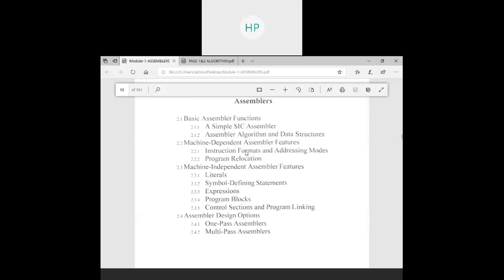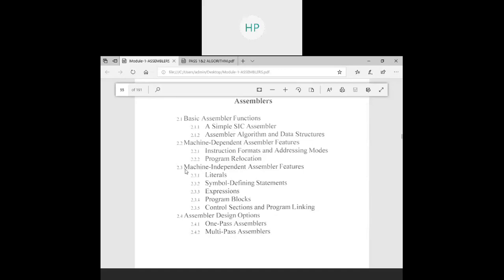That's your different instruction formats and the addressing modes. That is your pass 1 and pass 2. Along with this you will be learning pass 1 and pass 2 for the SIC and SIC/XE machine. The next topic is program relocation, because the heading itself says it is machine dependent. Once I run my program on a different machine, how do I make the program relocatable, or if that particular memory is not available, what exactly happens? That is nothing but your program relocation.